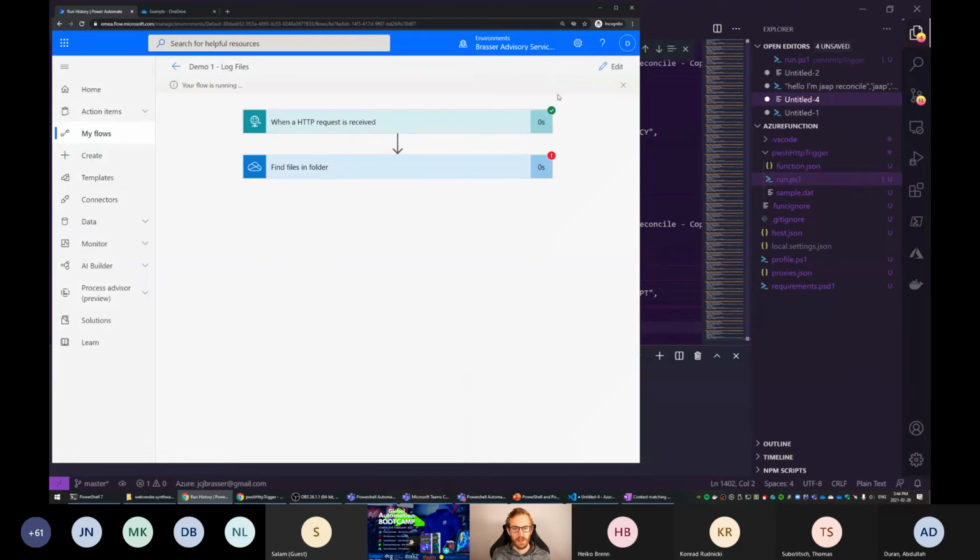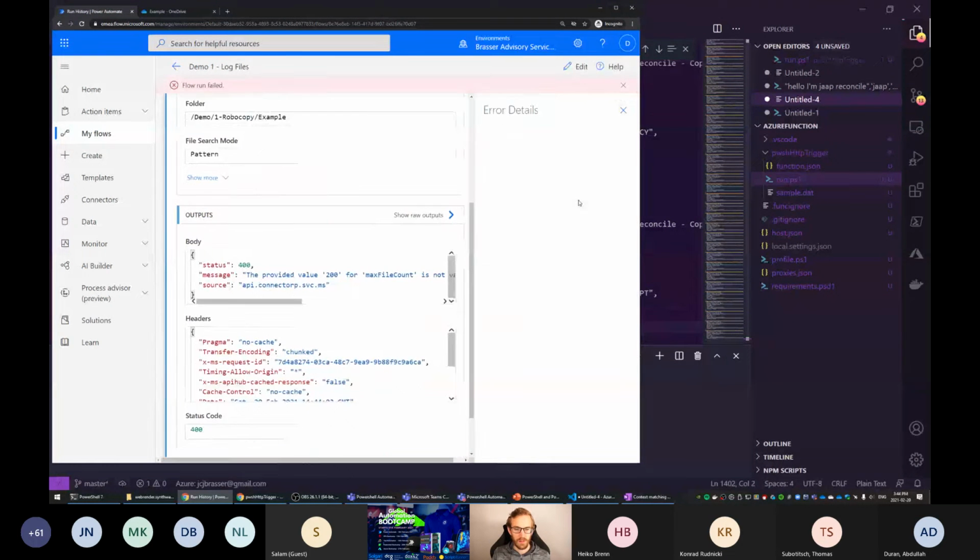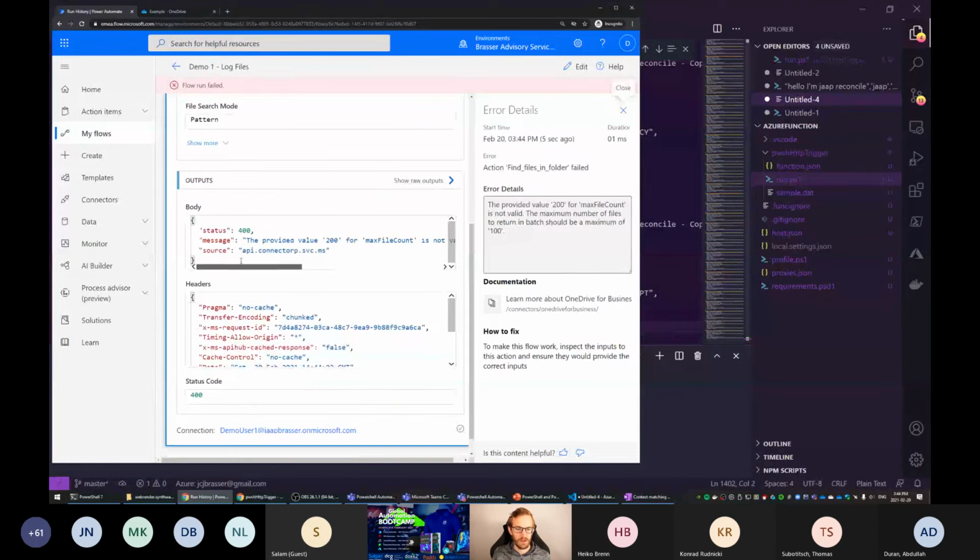And now what you can see is that it immediately fails. This is of course documented, and it will also tell us why. We get a status code 400; anything other than something that starts with 200 is not a good status code. It tells us the provided value max file count is not valid.